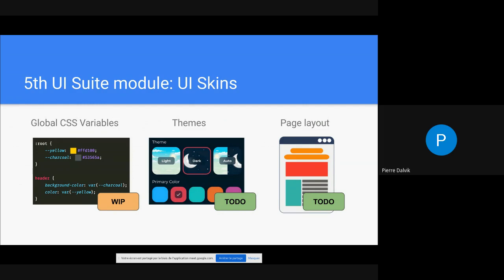Why global? Because component-related CSS variables are out of scope for now, but maybe they will come later. Theme: when a design system has a theme or a mode, like dark mode, light mode, high contrast mode, this kind of mode. And also some page layout stuff. Is the container fluid or non-fluid, outer gutter or non-outer gutter, this kind of